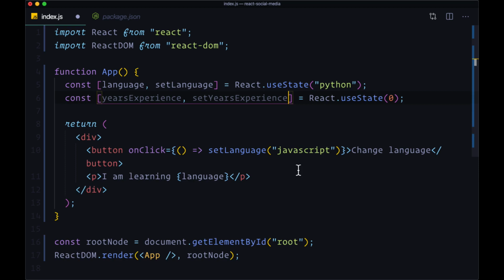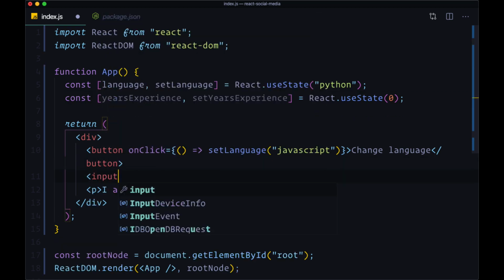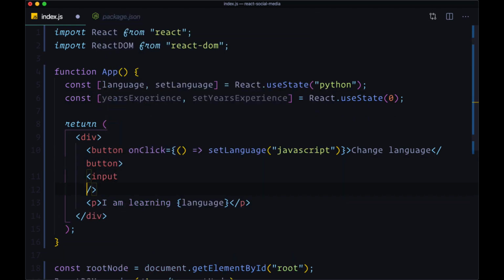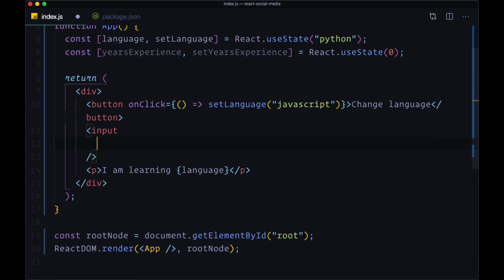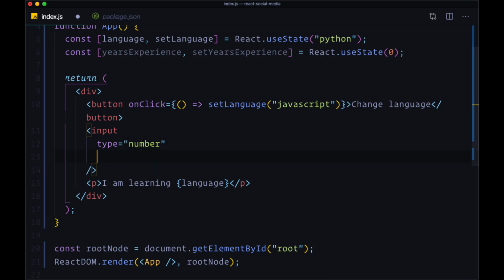So now underneath our button, we'll add an input. And we'll spread this over multiple lines. First of all, we want this input to have a type of number. And when a user types in, a change event is going to take place. And once again, we can write this with an inline function. We don't have to create a separate handler function for it. So within the arguments, we're going to get access to the event. And then we want to call setYearsExperience. And we're going to pass through